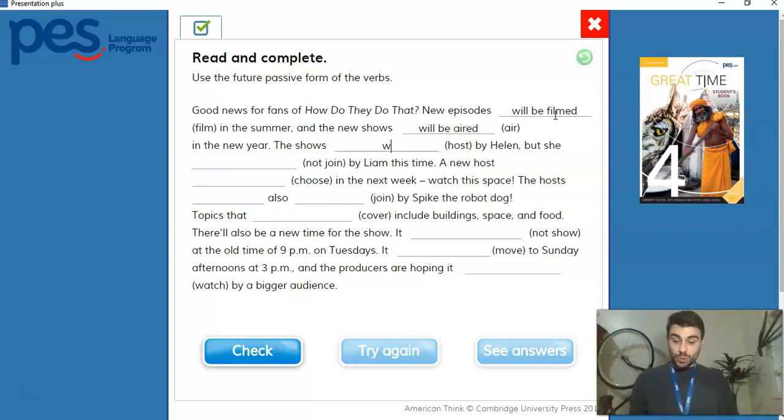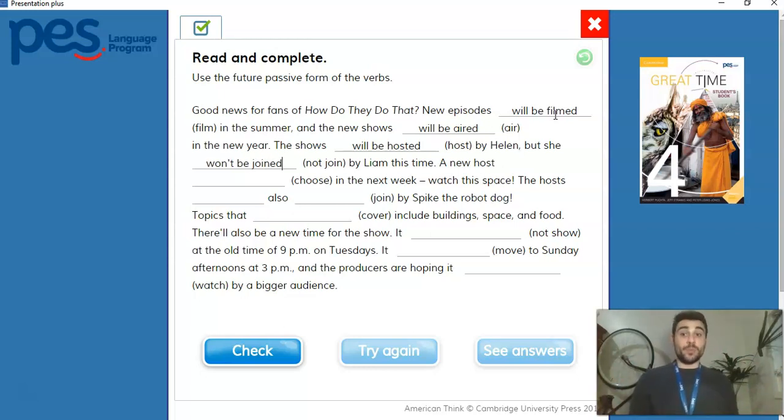The shows will be hosted by Helen, but she won't, because it's not joined, so she won't be joined